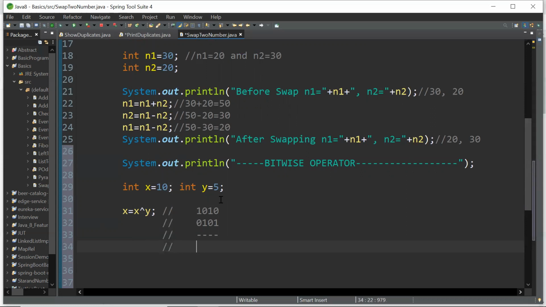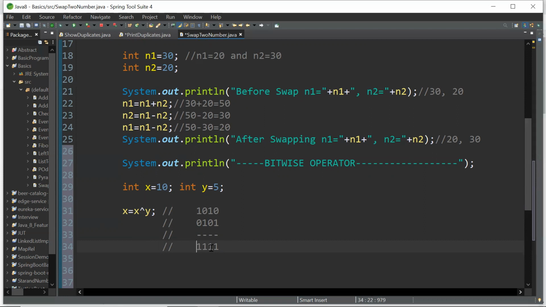The output is 0 1, it is a 1 here. Okay, the output is 1 1 0, it is a 1 0 1, it is a 1 1 0 1.